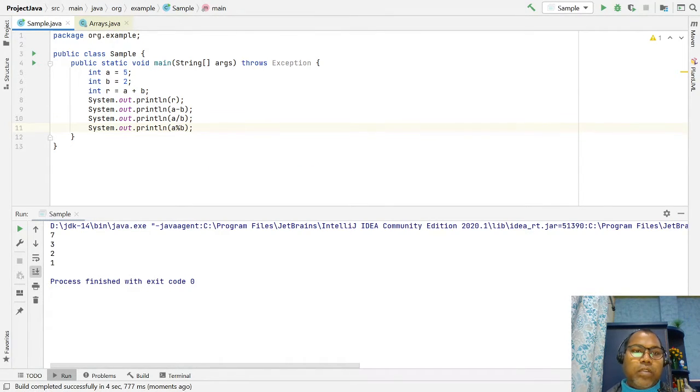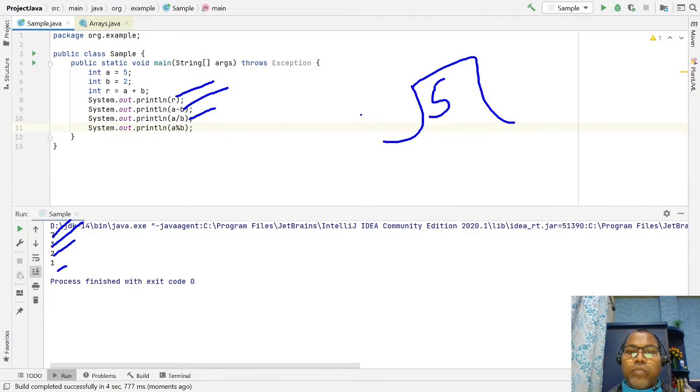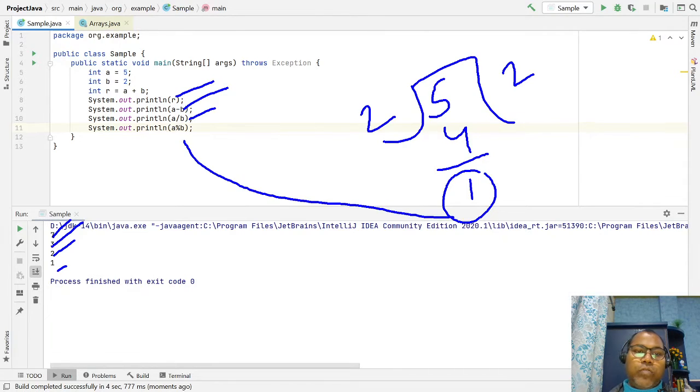Here a plus b is equal to 7, this is a minus b, which is 3, and this is a divided by b. For modulo, if you divide 5 by 2, 2 times 2 is 4, and the remainder is 1. So this is your modulo, and this is your division.